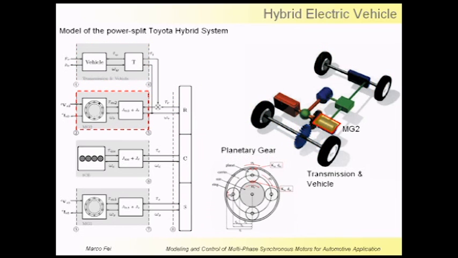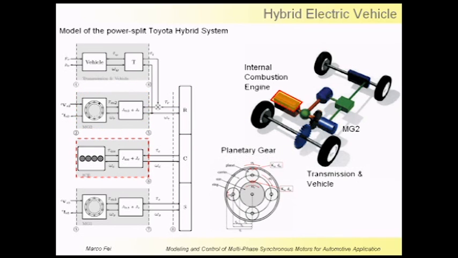electrical motor MG2 is rigidly connected to the ring. The engine is rigidly connected to the carrier, this one. And the last subsystem, that is the electric motor MG1, is connected to the sun. So these two electrical motors refer to the POG scheme of the